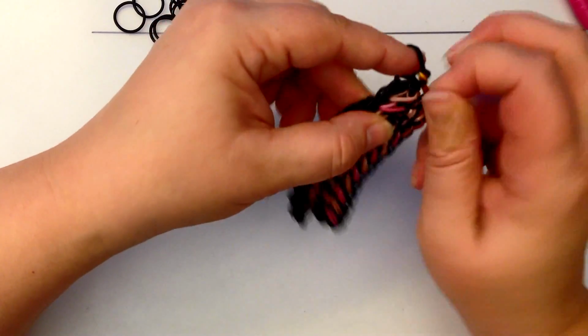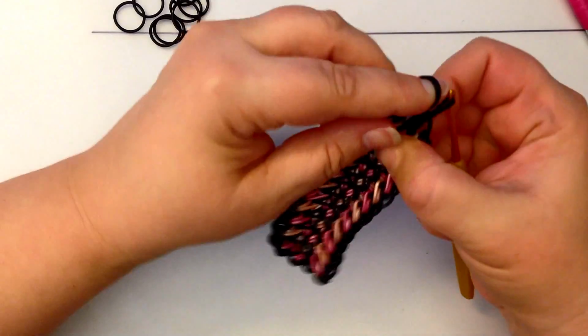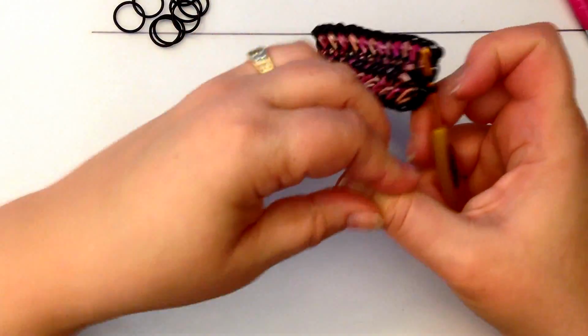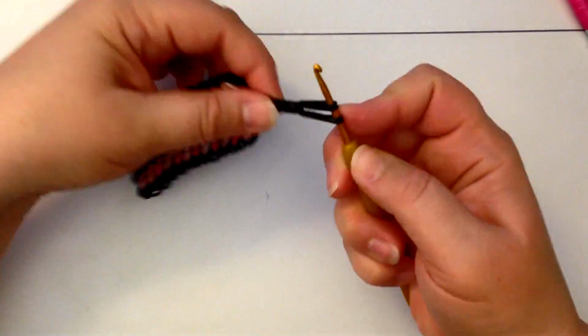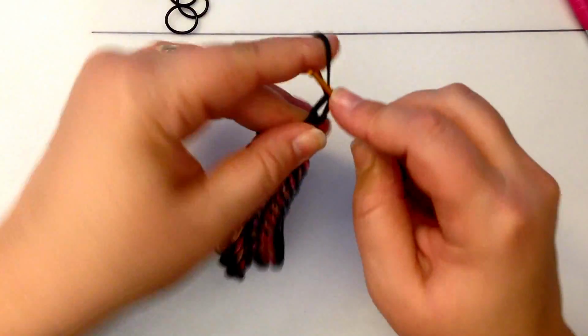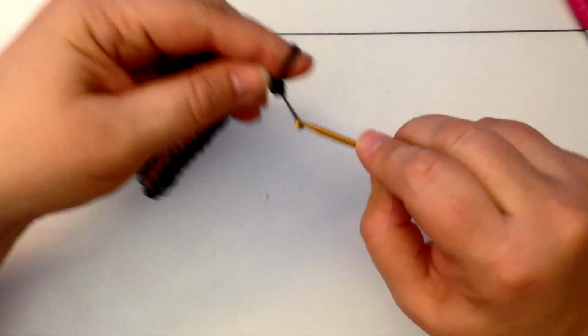Sorry, my band-aid's coming off. Thread it onto a double like that. Now traditionally for an adult I will do 6 pair, for a child I'll do 4, so we'll do 1, that's a pair of bands, 2, 3,